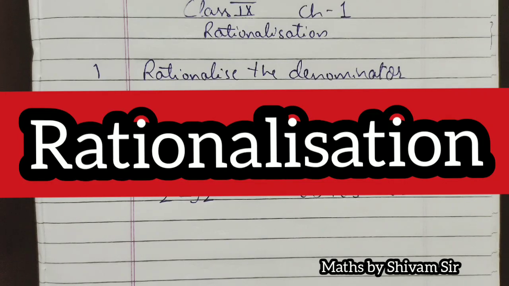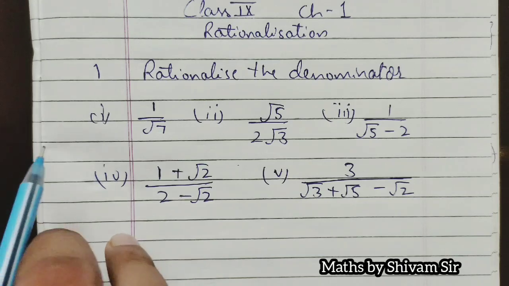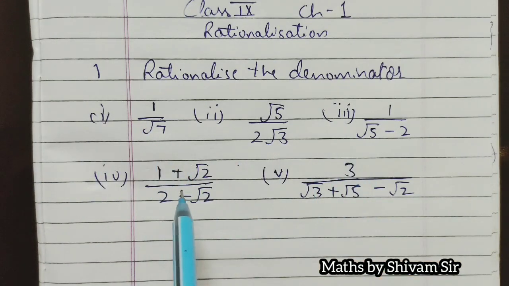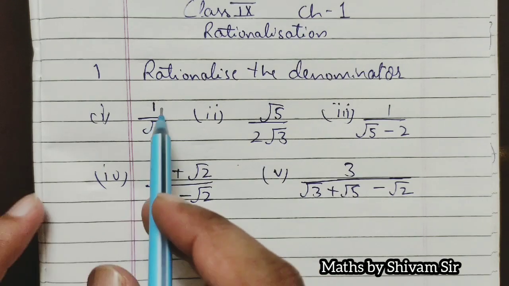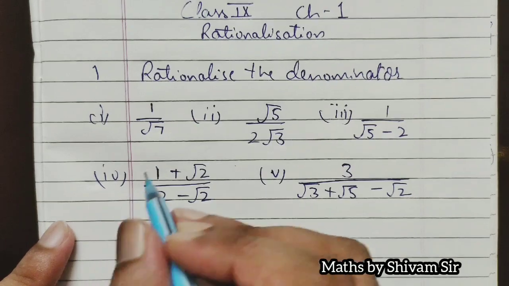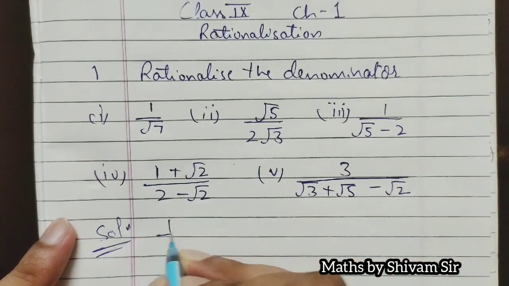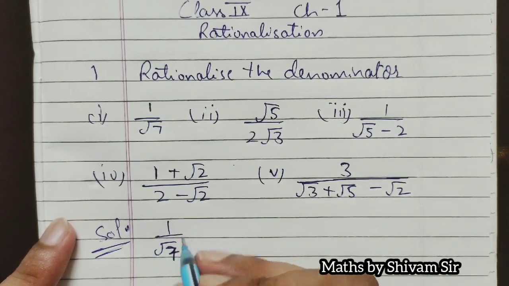So in this video we are going to discuss rationalization, which is a part of class 9th chapter 1. With the help of the following parts we are going to understand rationalization properly. Whenever a monomial is there, in this way, 1 upon root 7, rationalize the denominator. Question is this, solution: if a monomial is there, 1 upon root 7, simply multiply both